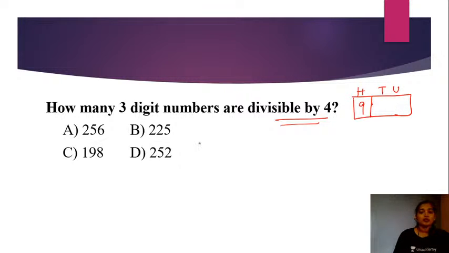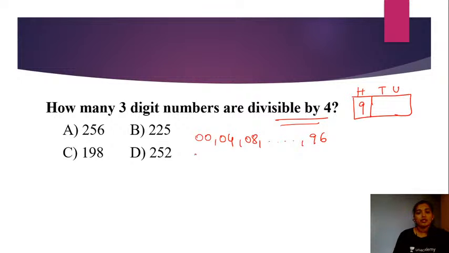So what are the possible ways that we can take? What are the multiples of 4 that we can start with? First of all, we can take 0 and 0. This is going to be divisible by 4. And then 0, 4, 0, 8, right? And the last 2-digit multiple of 4, which would be divisible by 4, is going to be 96 here in this case,